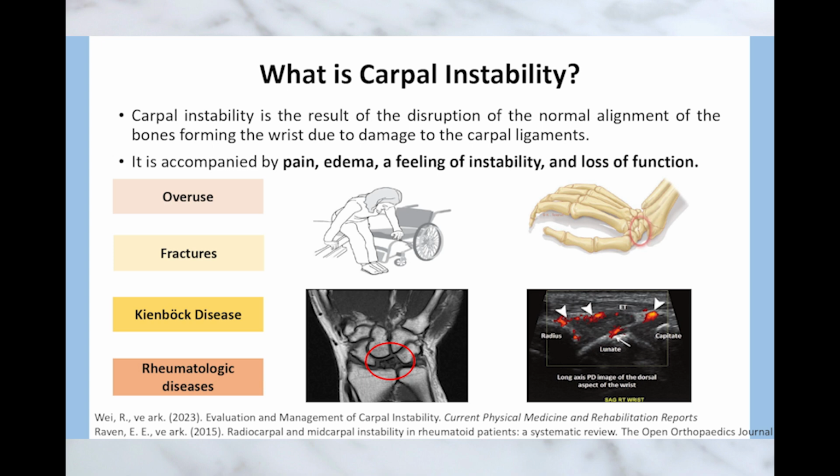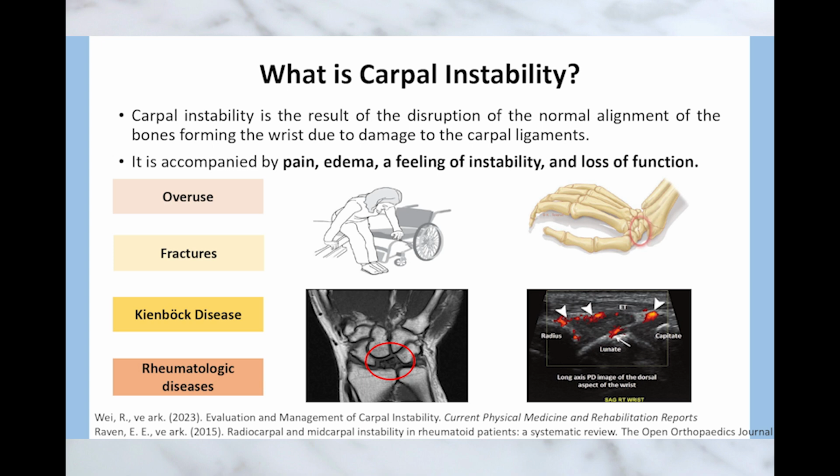And it's not always just a sudden injury, is it? There are other underlying things that can make someone more susceptible. Exactly. You have rheumatologic conditions, like rheumatoid arthritis, which is a good example. It can weaken the ligaments and the structures that support the wrist joints, and that makes them more prone to this kind of instability. And then there's Kienbock's disease, which is less common. But what happens is the lunate bone, which is one of the carpal bones, loses its blood supply. And that can throw off the mechanics and lead to instability.